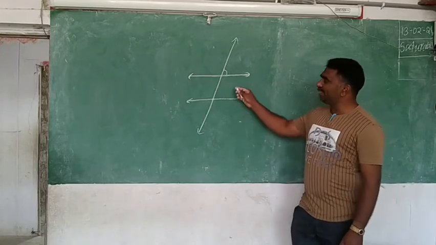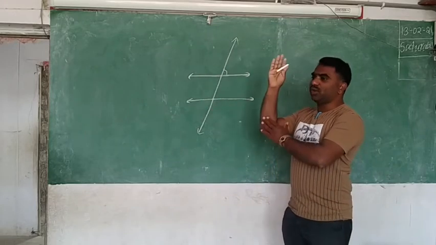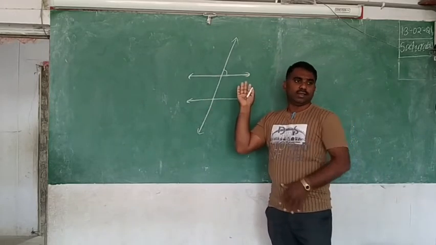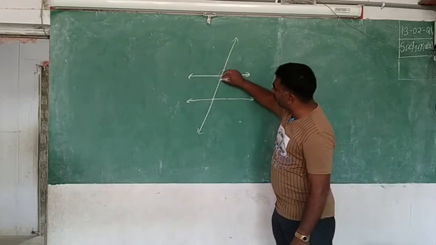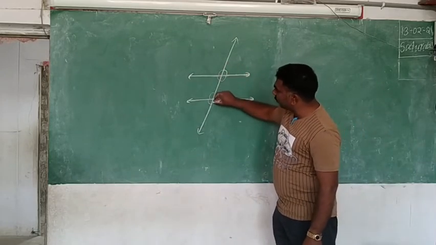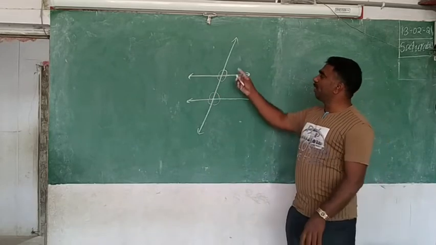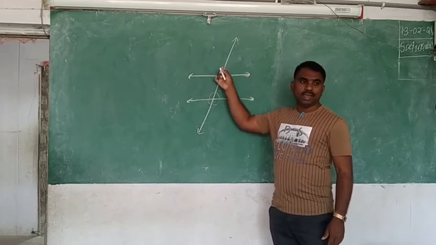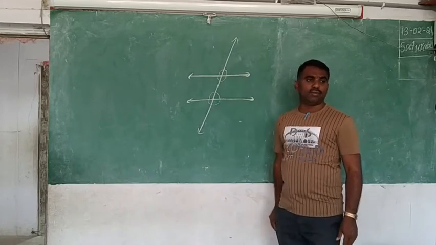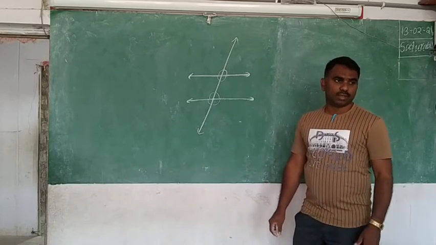I said to you, take the parallel lines and draw the transversal. Transversal means not straight only. Anyhow you can draw, so it is called transversal. Here in the first set 4 angles are formed and in the second set 4 angles are formed. Now I said to you, measure 1 is enough because you know that vertically opposite angles are equal and here it is a linear pair. Like this you can calculate the other angles.